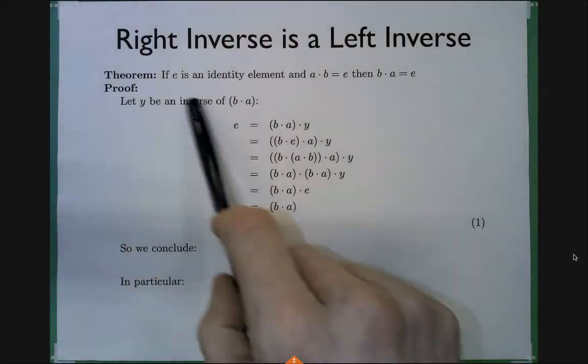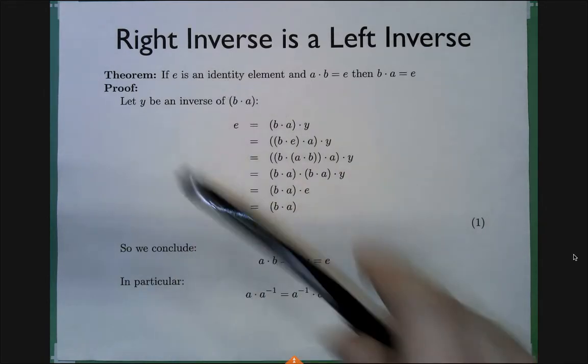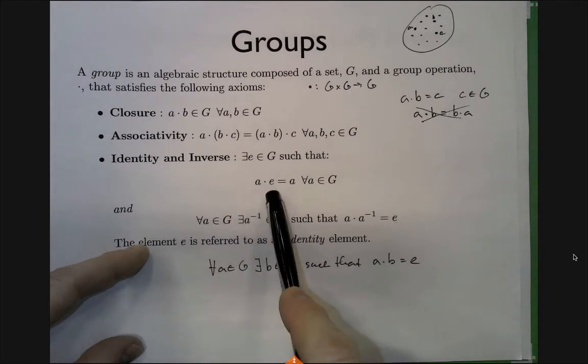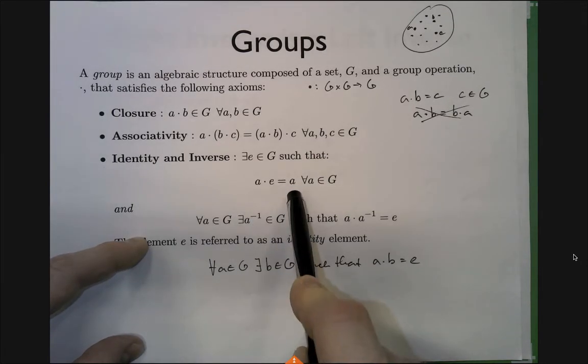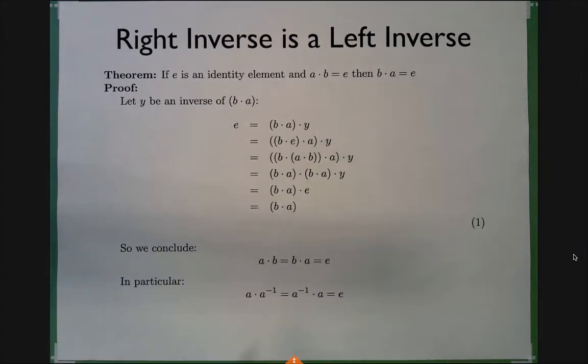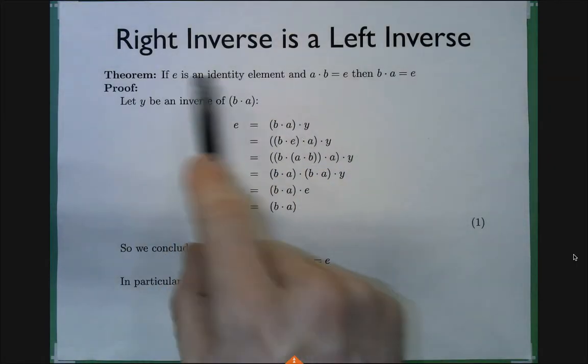So the theorem says that if E is an identity element, so identity element was defined such that if I multiply from the right with any element, I get the same element back. That's how it was defined, right? And here I claim that if I have the identity element,